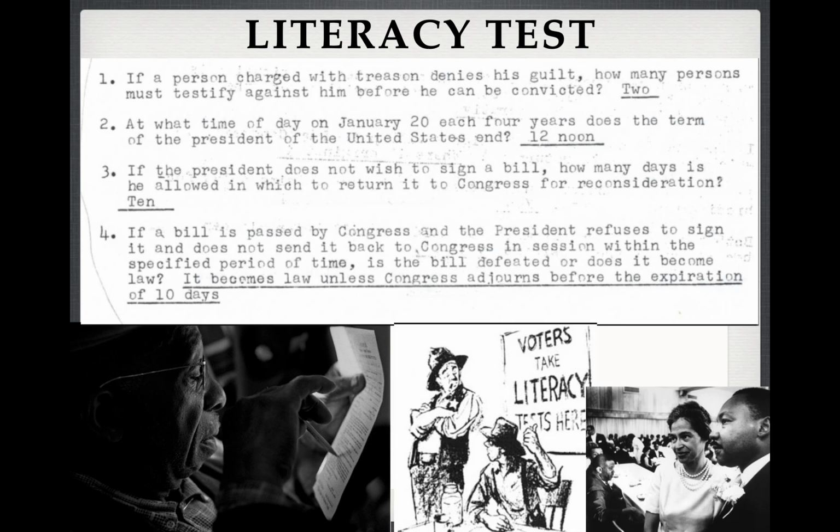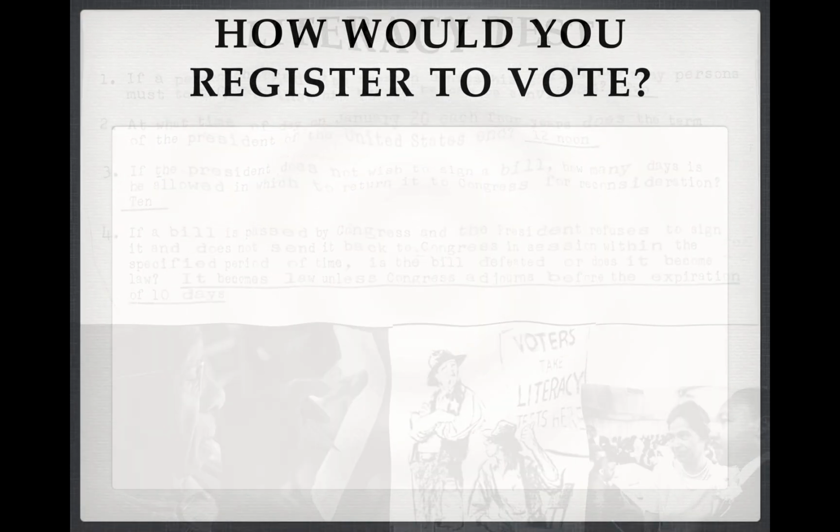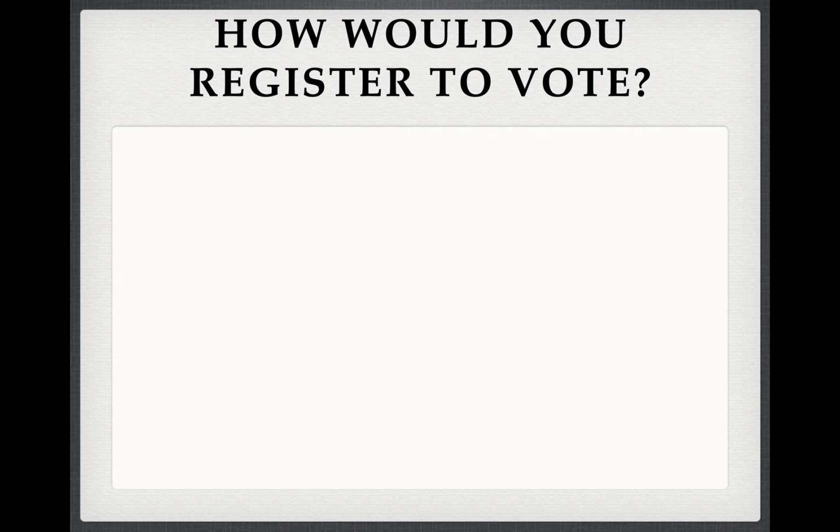So, this is interesting, and some of the information is probably not that important at all. It's very specific, and these would be easy answers you could give your friends. So you could see this is one I believe is from Mississippi, and this was to keep especially African Americans out of the voting booths so that whites could have control over the vote in Alabama, Mississippi, and the Deep South. And it worked. It worked very well.